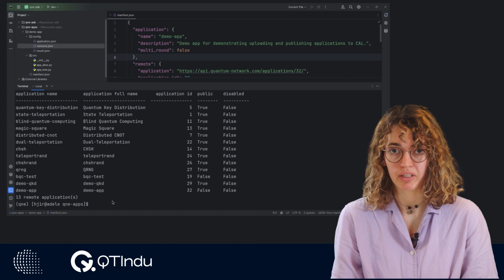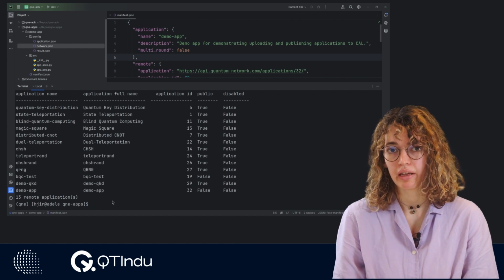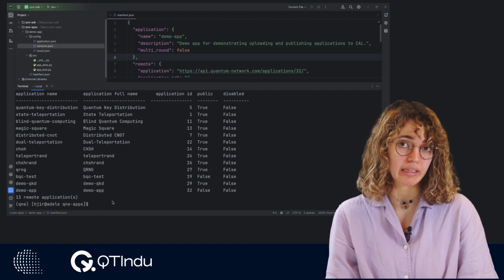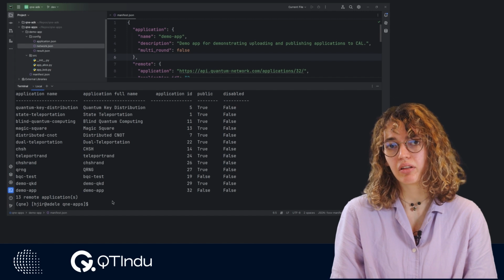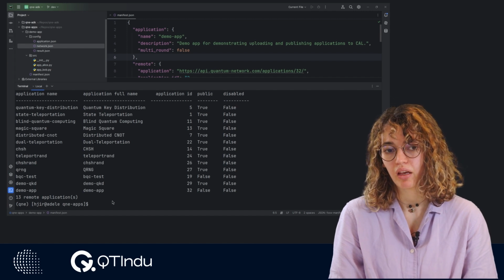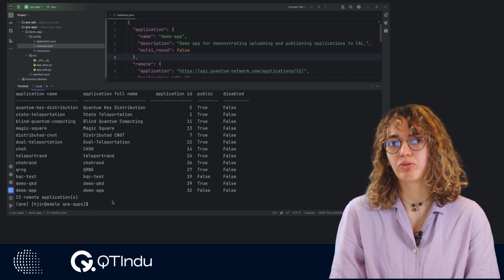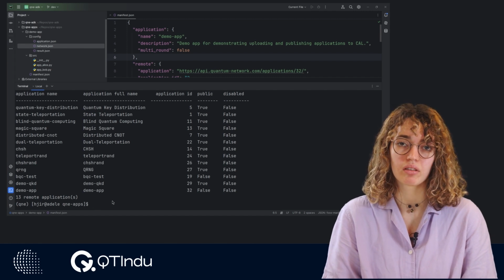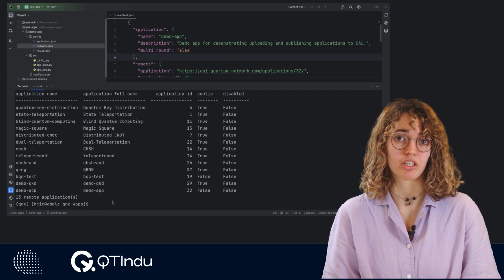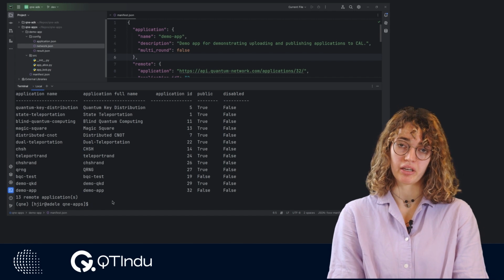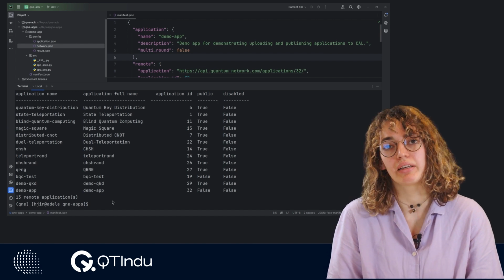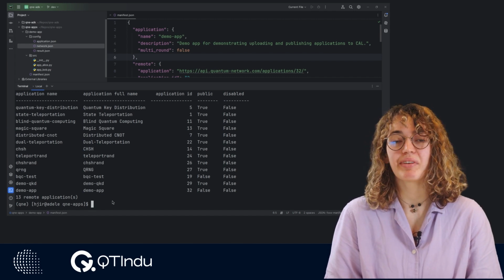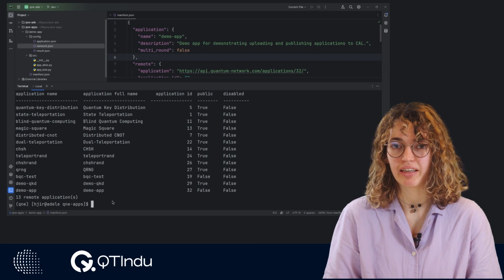Running an experiment for an uploaded application can be done either through QNE ADK or through the online QNE platform. We've already covered how to run an experiment when we were exploring the QNE Community Application Library, and we ran an application in the online platform in that submodule. So this time, let's try it using QNE ADK.